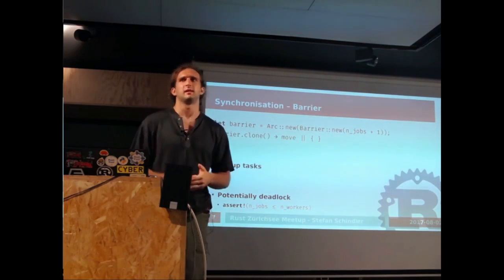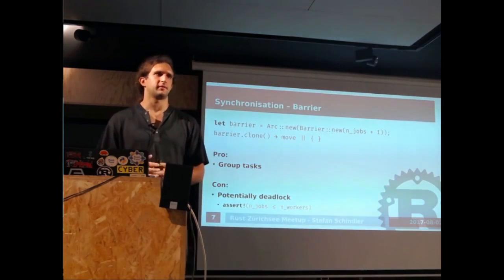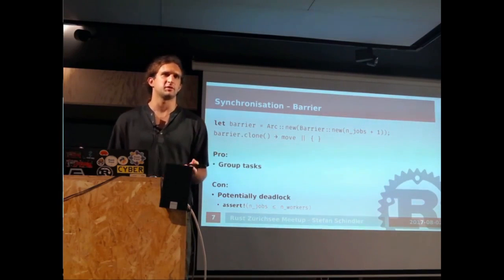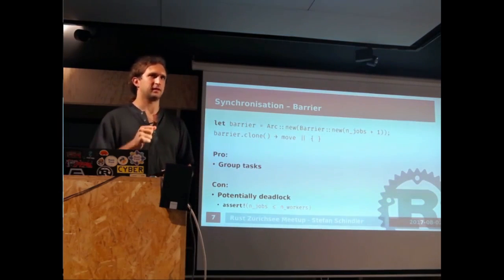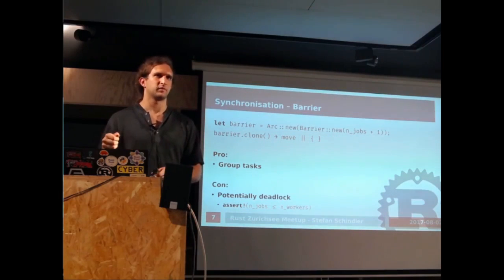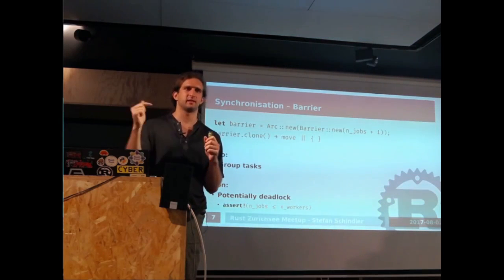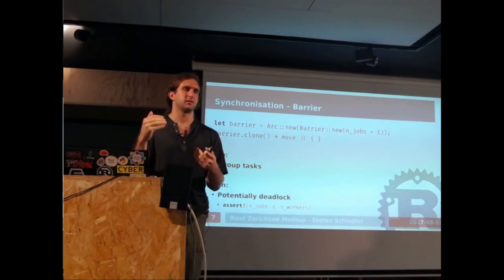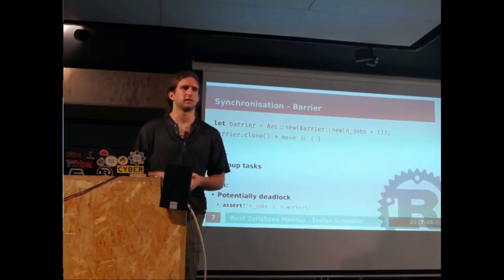But usually this will lead to the situation where you have a pool with 5,000 workers executing 5,000 jobs at the same time, which will kill your machine. So that's not an option. But as soon as you have 5,001 jobs in the pool but only 5,000 workers, it will deadlock. Because the threads are waiting for the last thread to also wait on the barrier, but it will never get scheduled. So it will never be able to reach the barrier. So your system will just halt and deadlock.